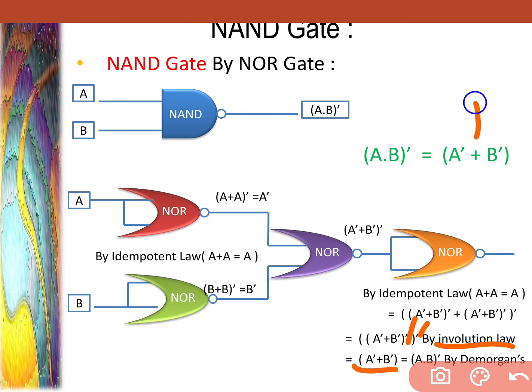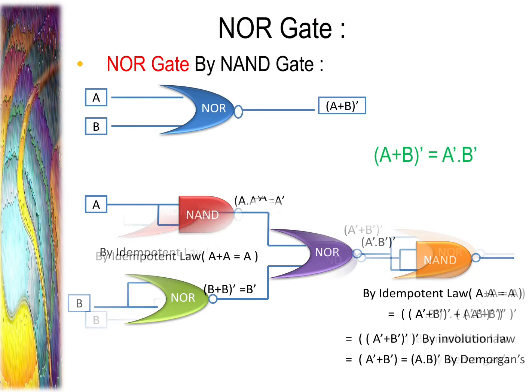And I told you earlier that A dash dot B dash can be written as A dot B whole dash. Means it is applied by using De Morgan's law. We are getting our answer. See, in this way you have to write in your paper also. Everything you have to mention, what I am creating. See the next one.